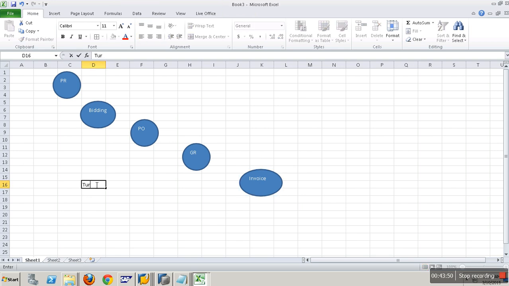Like now, we'll ask you: I would like to have turnaround time. Can we create a simple report on turnaround time? So let's say there is an existing flow like this. We have to create a new report on what? What is turnaround time? I have raised a PO and I have received my goods after some days. What is my lead time?